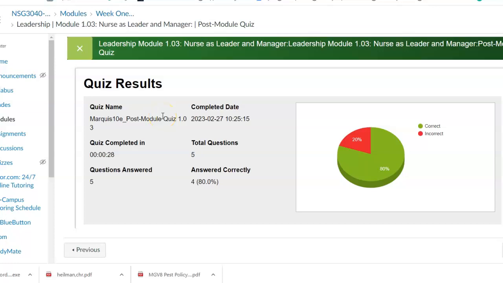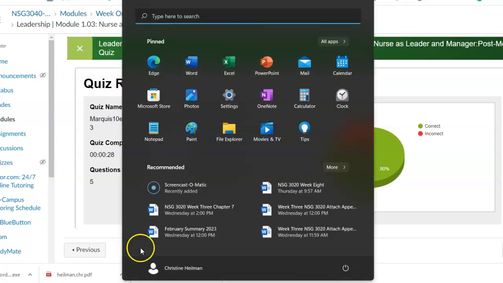Hello, I want to show you how to use the snipping tool to submit your interactive assignments. So I've already completed the interactive post-module quiz, and I am going to snip my quiz results and put it on a Word document. So I am going to find my snipping tool,